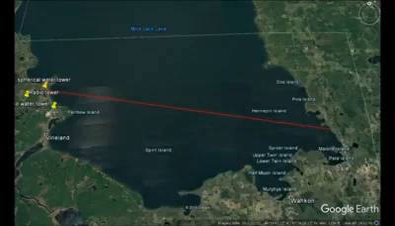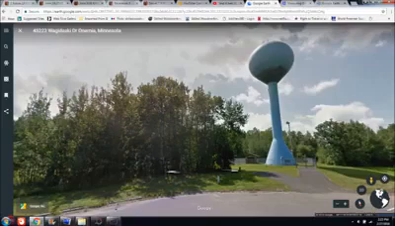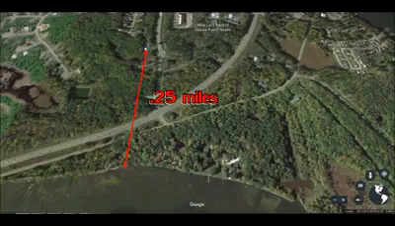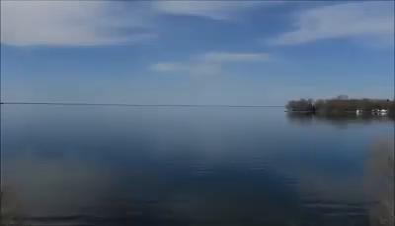Here's a picture of the spherical one, and it's only a quarter mile from the shore of the water. And it's actually up on a hill a little bit. So the trees that we're seeing, here's the video. The trees that we're seeing in front of the water tower are obviously just the trees that are in front